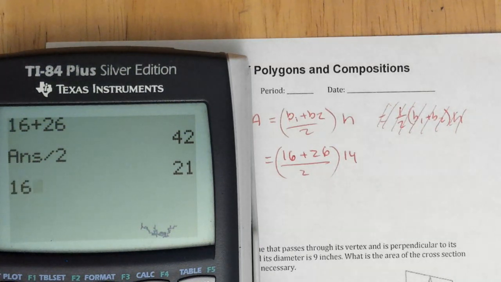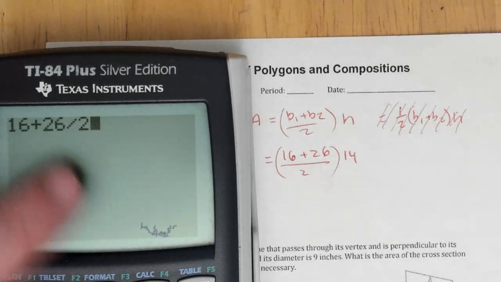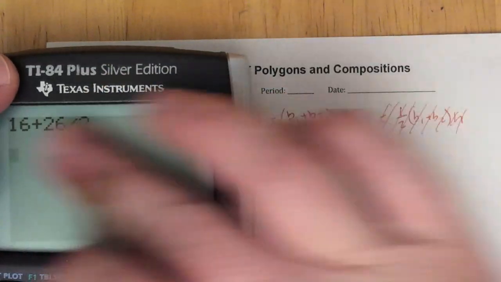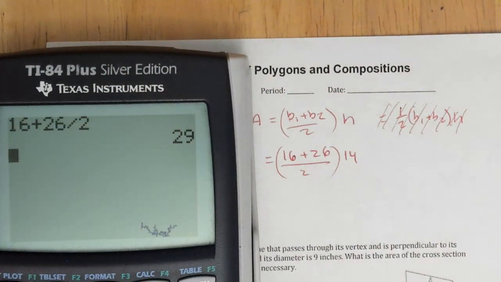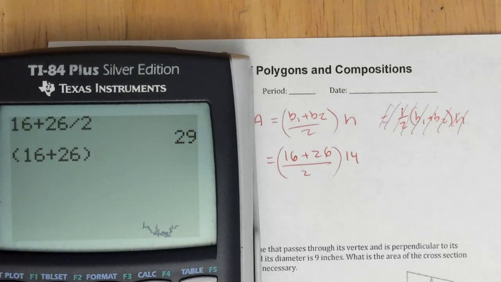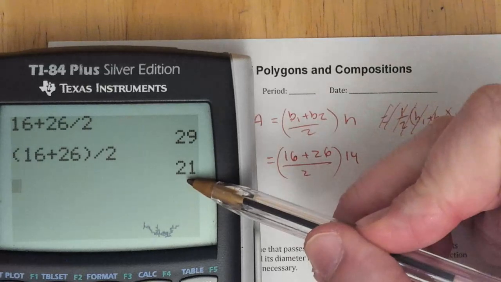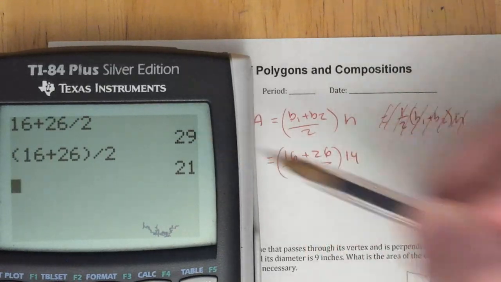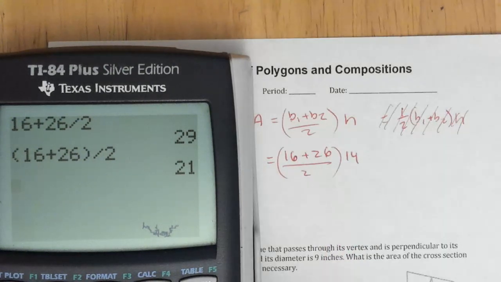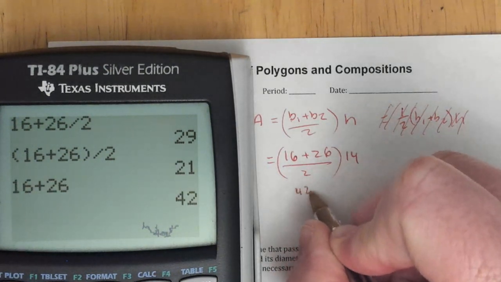So if you do not do that part correctly, this is what happened. So 16 plus 26 divided by 2. This one, no good. This is wrong. What you're supposed to do is 16 plus 26 equals, then divide by 2. Yes. This other one, no. So it's supposed to be this one. So you're supposed to add the tops together first. So 16 plus 26, so 42 all over 2,